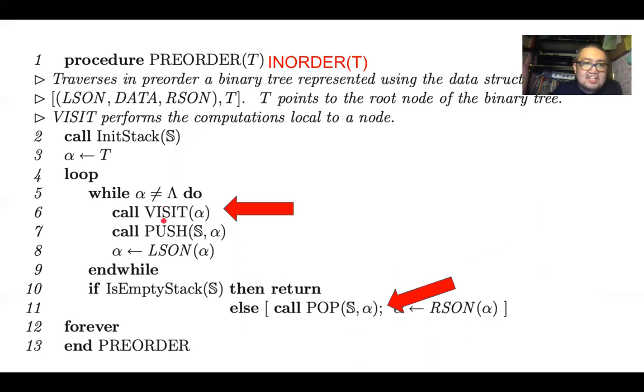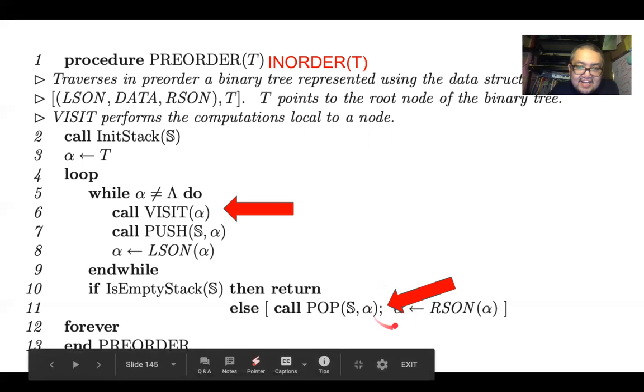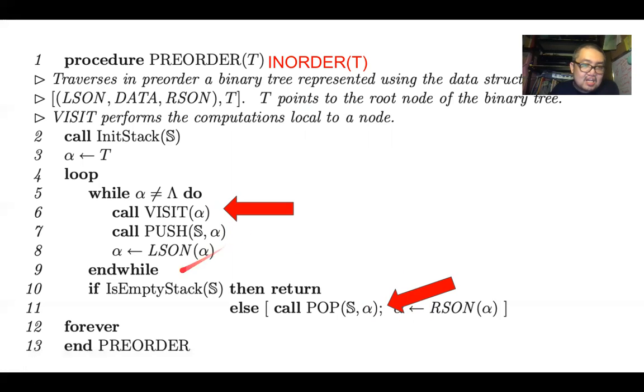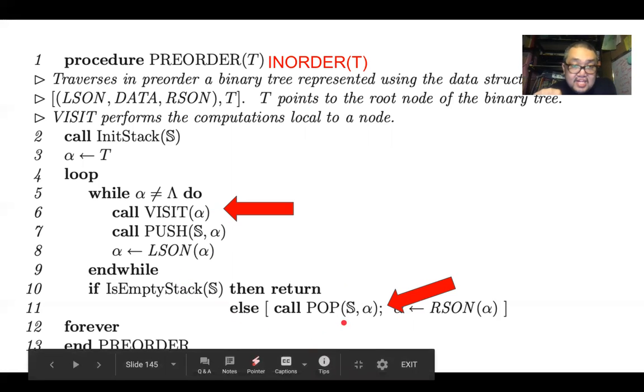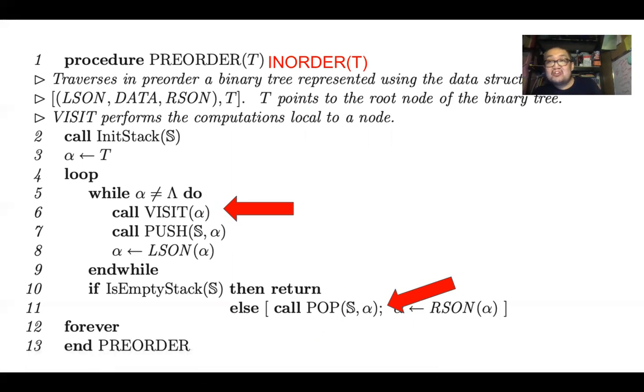The only difference is before doing the visit here, remember when we do in-order traversal, we first go to the left subtree of the node. We put this call just right after we do the pop. So what will happen is we will push the node in our stack. We go to the left hand, and once we encounter an empty left hand or an empty right hand, we pop the stack, we visit it, and we go to the right hand. So that is essentially the same as our recursive in-order traversal algorithm.